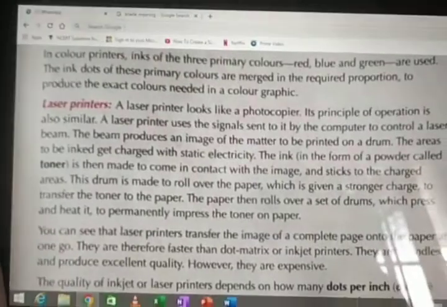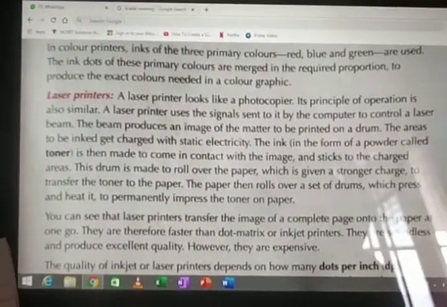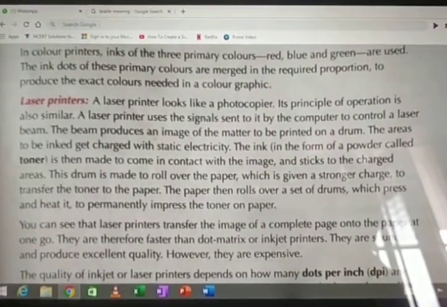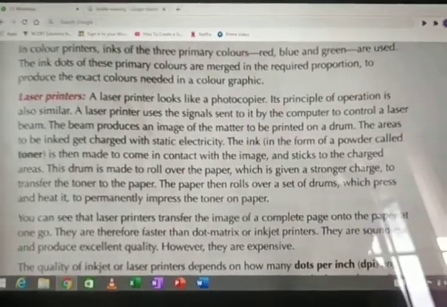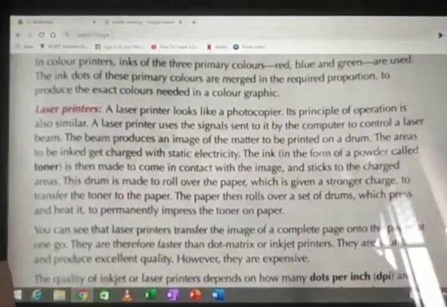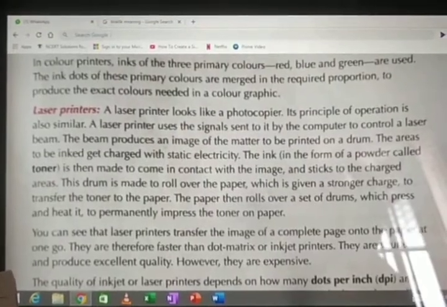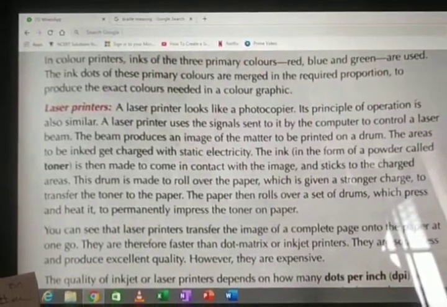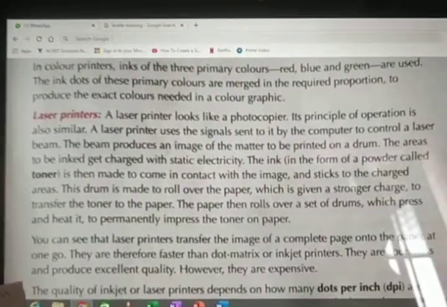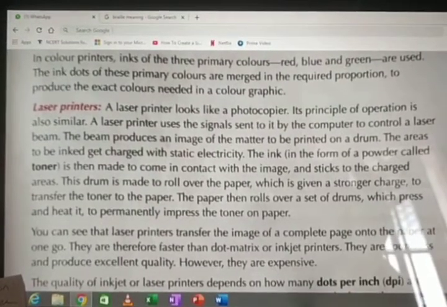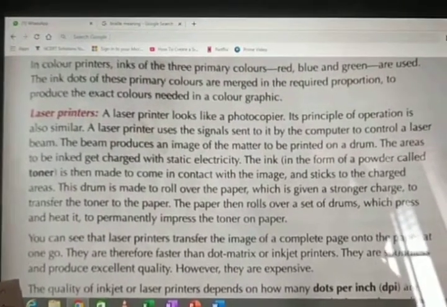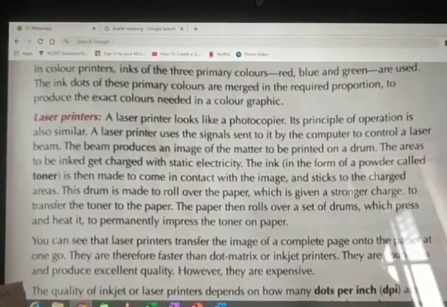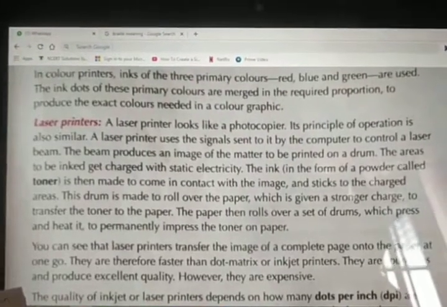It is done. This buffer is used to reduce the usage of the CPU. If you directly access from the CPU and print using the printer, what happens? The CPU will be under process. So if you want to do some other process, like play a movie or send a file, that process will take a little more time. To avoid that, to free the CPU's time, this buffer is used in the printer. So it will store the document which is to be printed temporarily. After printing, it will delete it.